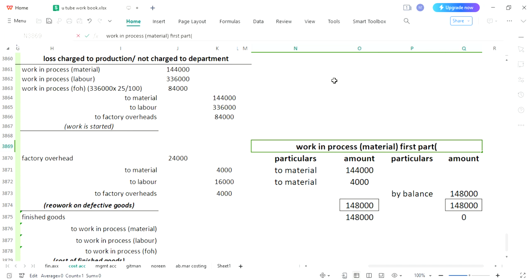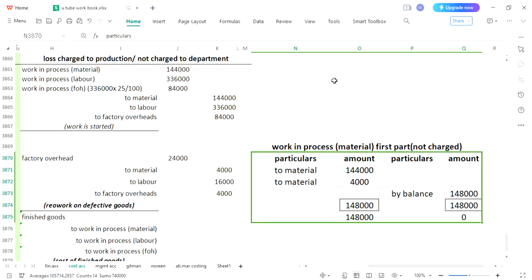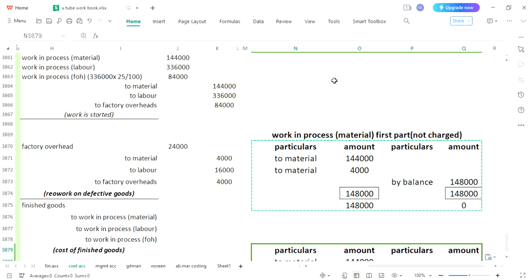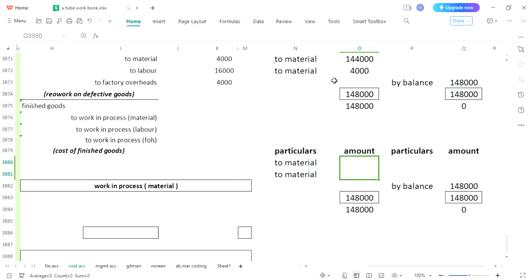and that part was not charged. Okay, and here you will be making the same pattern of ledger for the second portion as well. Three ledgers would be made for the first part and three ledgers would be made for the second part as well, and I am making only one ledger. For the remaining questions, I will make other ledgers as well, but right now only two ledgers because I have to arrange the lines. Okay, this ledger would be made for